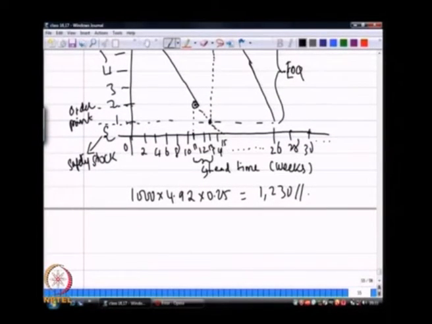Now, this illustrative model gives you an understanding of what is the economic order quantity, and also the timing, from the timing perspective, when should we order this economic order quantity. This is important for us to know from the perspective of understanding how we can reduce the total inventory costs.